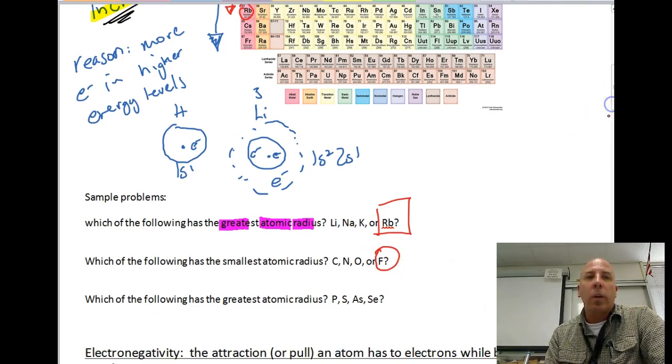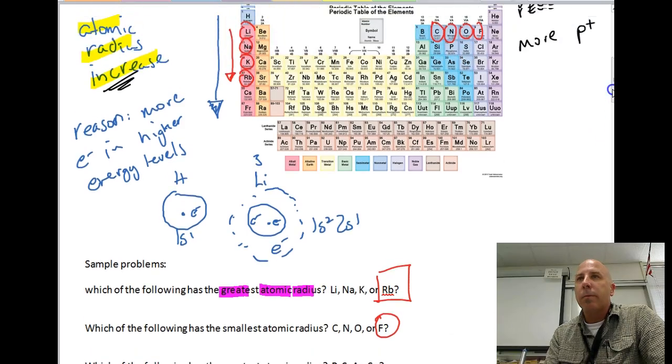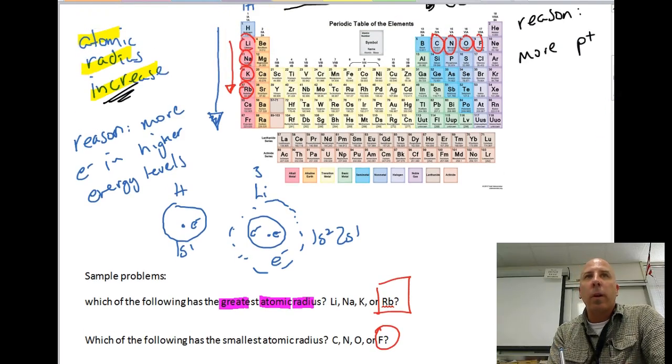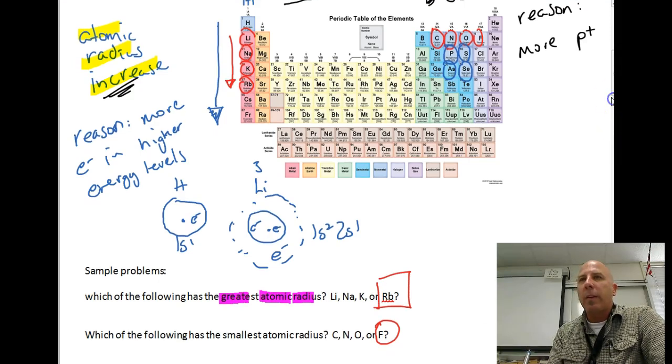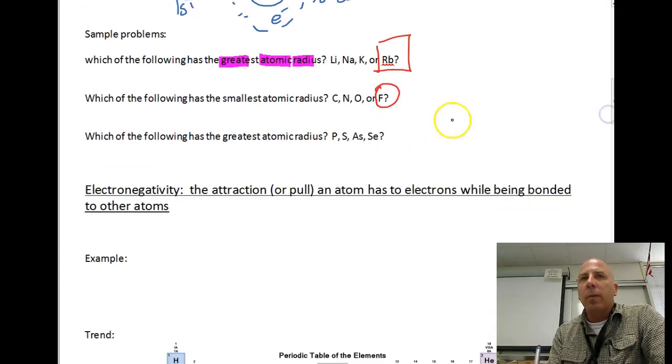The next one is, which of the following has the greatest atomic radius? Phosphorus, sulfur, arsenic, and selenium. And so let's look at these guys on the periodic table. Kind of hard to see. So we have phosphorus, sulfur, arsenic, and selenium right there. I'm going to rewrite these down here just so we can see them a little bit bigger. The way they appear on the periodic table is we have phosphorus,